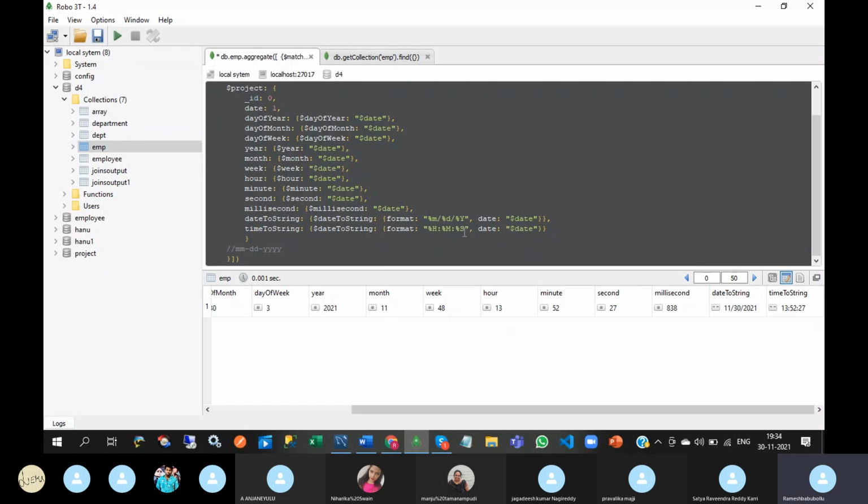And you can construct date and time in a single string also. Date time. Here you just copy this, and I want to have date hyphen month hyphen year.